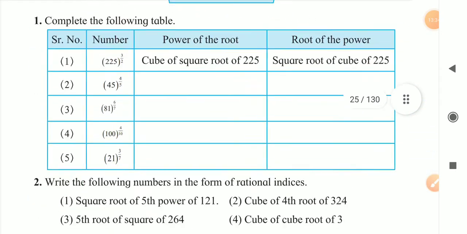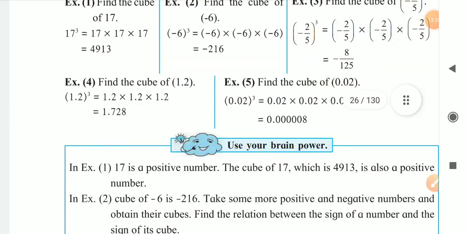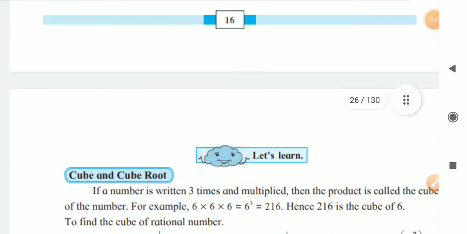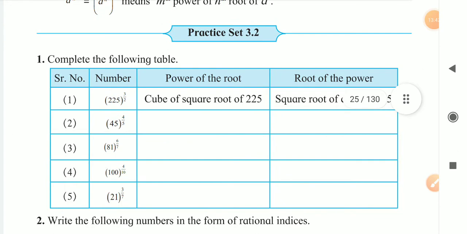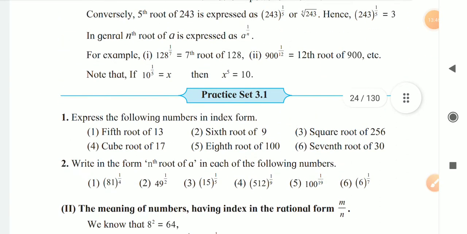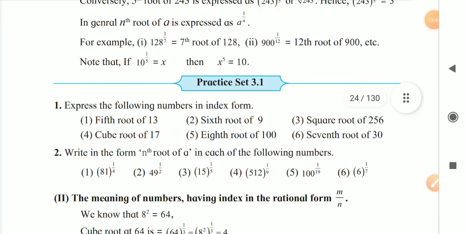And the next part of the lesson we will see in our next lecture. Okay. So today all of you complete 3.1. Then we will take 3.2 tomorrow. All of you understood whatever I taught you today, how to read the nth root form and the index form. Both I taught you today. So all of you complete it.